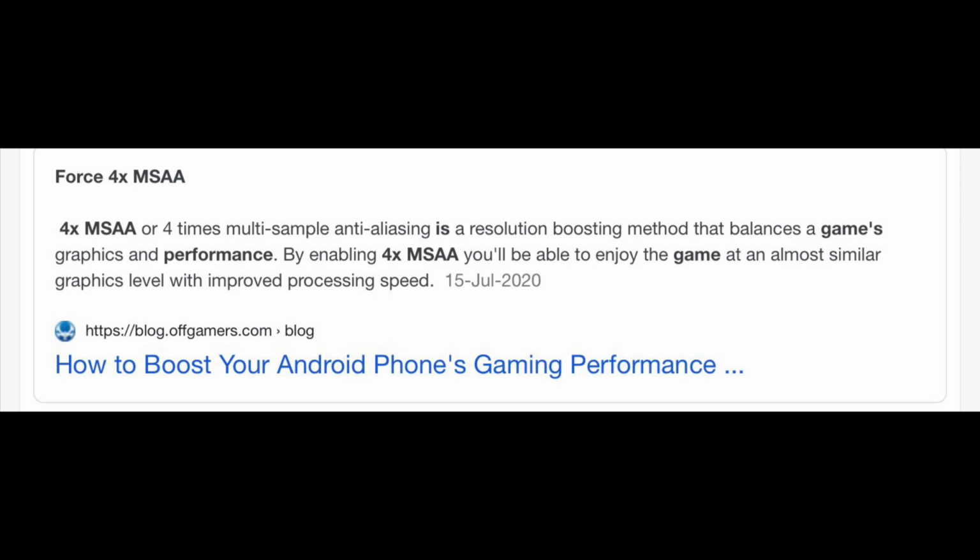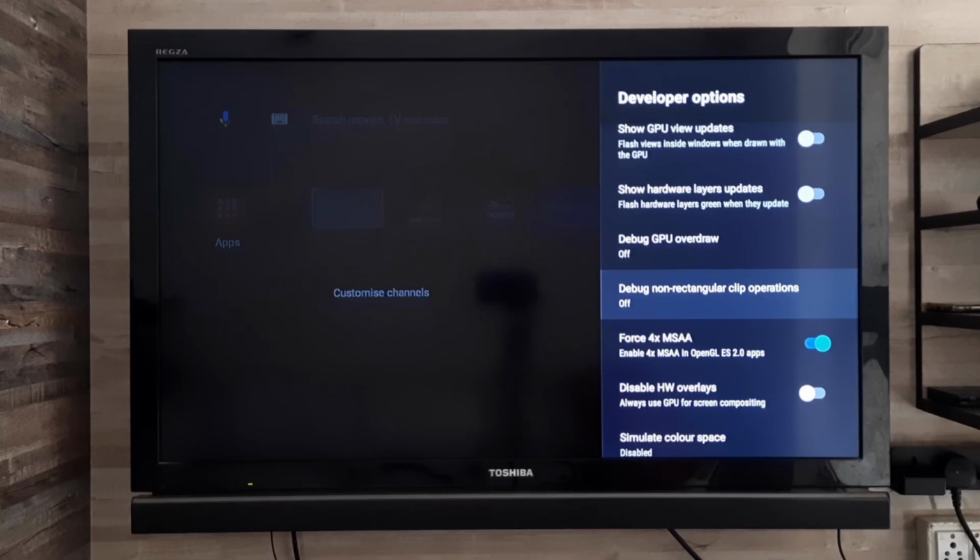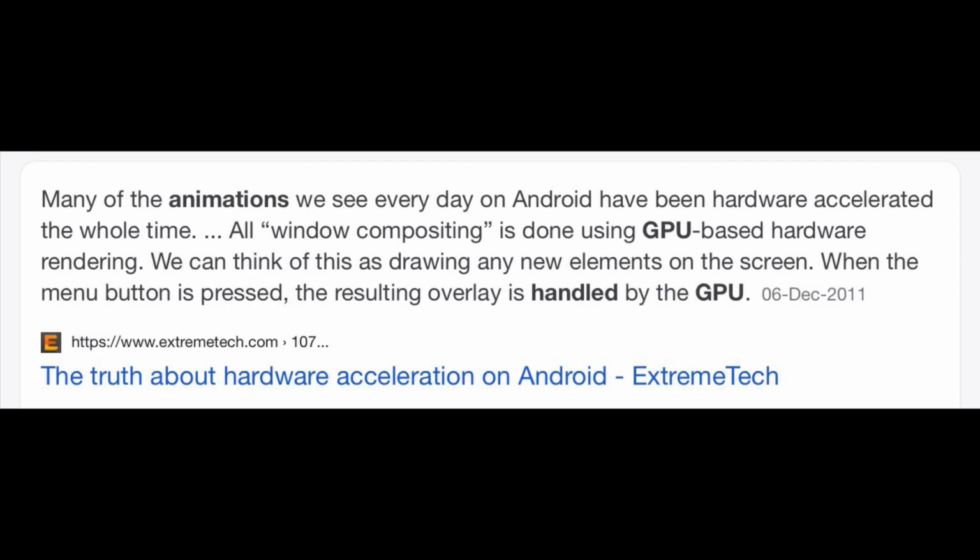Some of you will say that it is related to the GPU, so how can it improve the speed or the performance? Basically, if you search on Google whether animations in smartphones are handled by the GPU, it is mentioned that many of the animations we see every day on Android have been hardware accelerated the whole time.